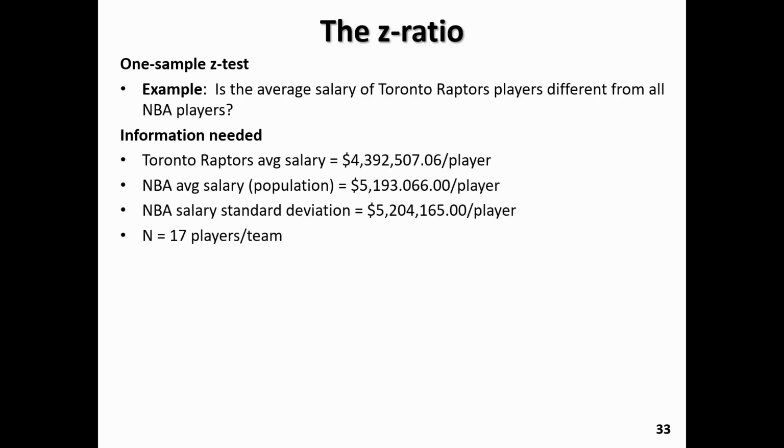So now that we have the information that we need, we're ready to use this equation to determine the z-ratio value. x bar represents our sample, that's our Toronto Raptors. Mu represents our population, which was given as well. So this is something that would be provided. But what we have here is the standard error of the mean, which is not the same as the standard deviation. So at this point, we can populate our equation by substituting the 4.392 million dollars, as well as